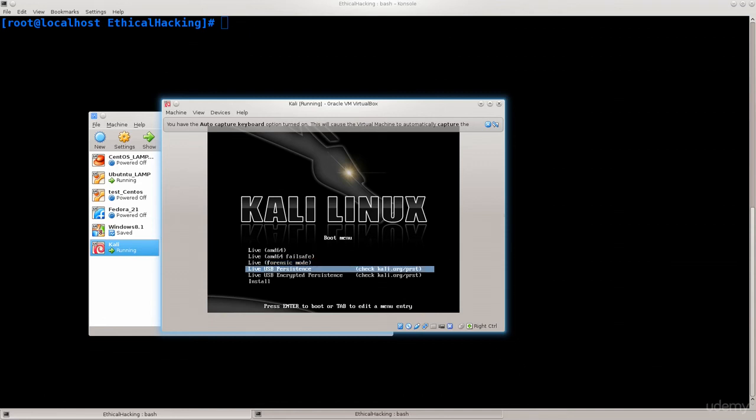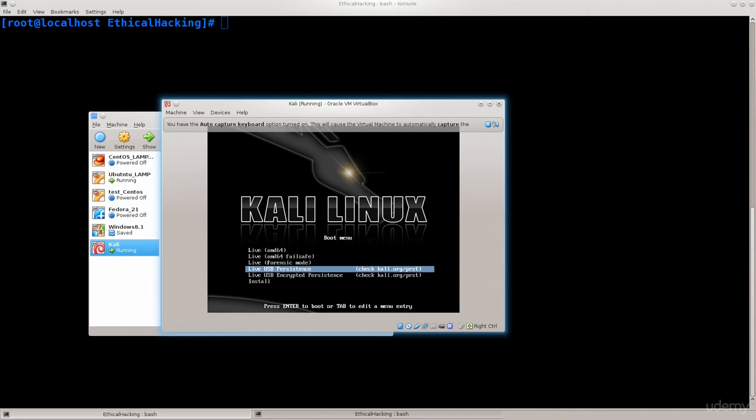And then you have live USB persistence. This is a very nice feature. For example, you can have an operating system, Kali Linux or many other distros, installed on a USB stick, and you can have a rather large USB stick, like 256 gigs or something of the kind. It doesn't need to be that big, it can be a lot smaller, but the bigger the better, primarily because of this persistence flag. You can work, and all of your work will be saved on that USB drive,